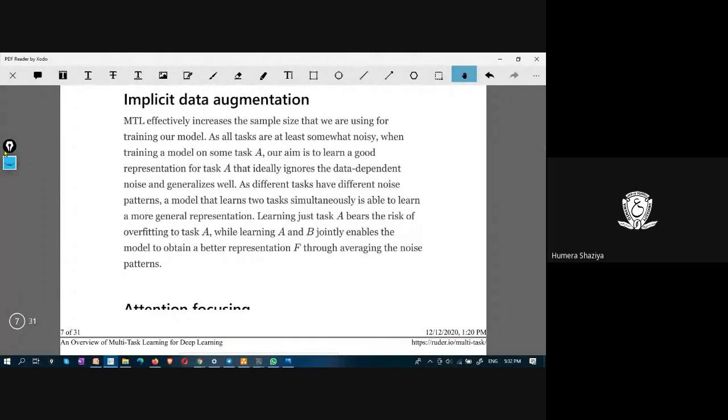If there is an image, you can create several other images by augmentation, using different techniques like flipping and rotation. You just flip this image, get a new image. You rotate the image, get a new image.